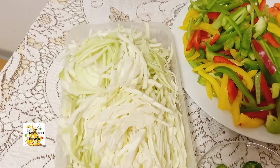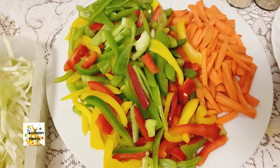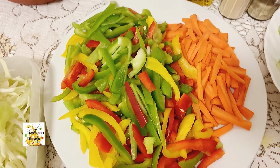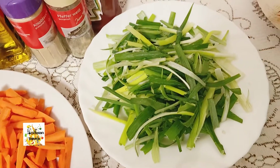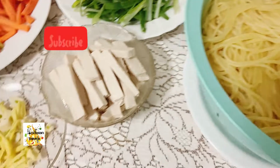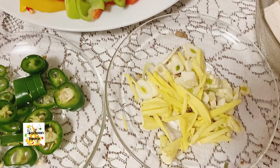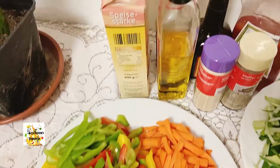For lo mein, we will need bok choy, or you can take cabbage, capsicum. You can also take only green capsicum. I have used all colors, red and yellow bell pepper and green capsicum, julienne cut carrots, some spring onion or scallions, noodles. I am using tofu as a protein source. You can also use chicken, julienne cut ginger and chopped garlic, some chilies, this is optional, and some ingredients for